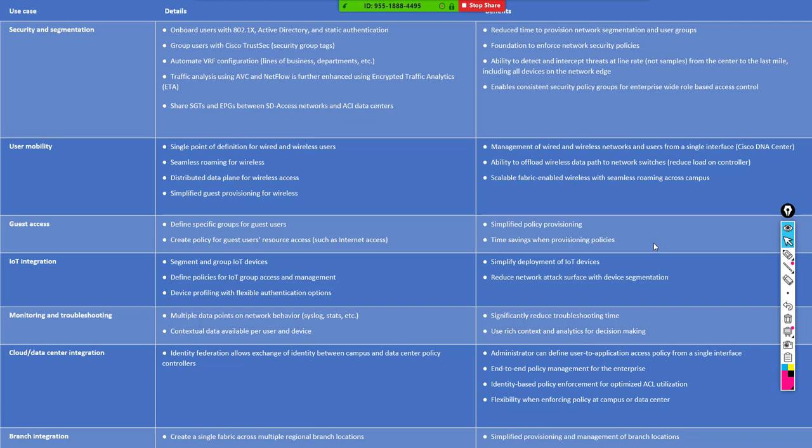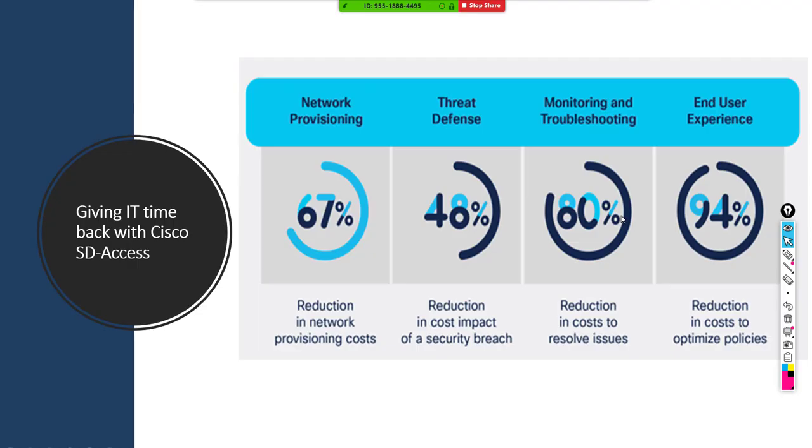Monitoring, troubleshooting, cloud, data center integration, branch integration, troubleshooting, IoT, guest access, user mobility, security. Okay, so this is something which you can read later on. We have already covered that. It's just a summary of that. Okay, and the last thing is, what are you going to give back to your IT management